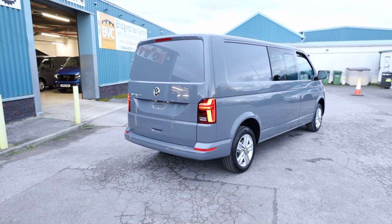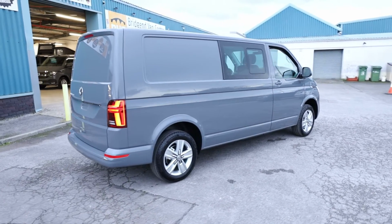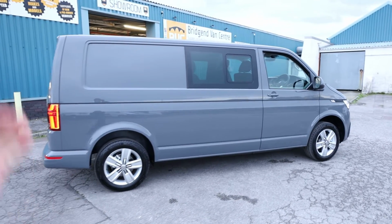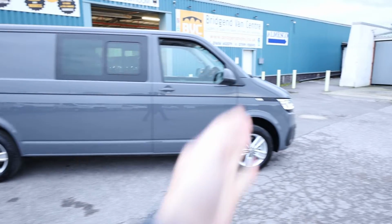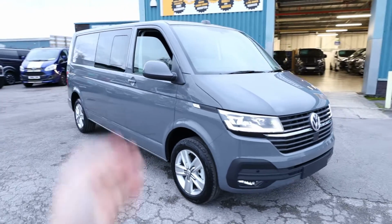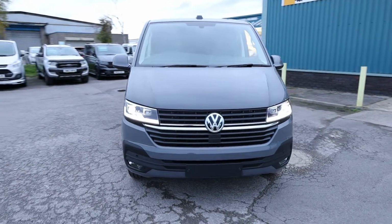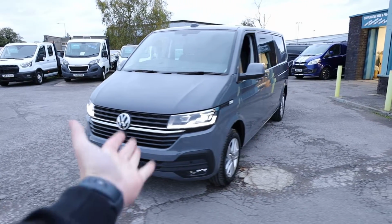2-litre TDI, Euro 6 diesel engine, 150 brake horsepower, 7-speed DSG automatic gearbox, the long wheelbase Highline Kombi with a fantastic spec. So you've got the unglazed rear tailgate, we've got LED headlights with the daytime running lights, 2+1 rear split bench seat, we've got the reversing camera and also the heated seats. Of course, all of the usual Highline spec as well, which I've listed in the video,